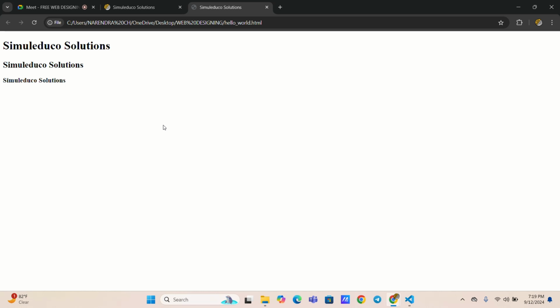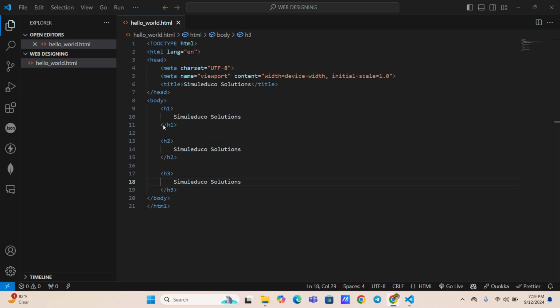This number is increasing, right? That doesn't mean that the size of the text should increase. H1 means larger text, H2 means a little bit smaller than H1, H3 means a little bit smaller than H2, H4 means a little bit smaller than H3, like that. Okay, so let's write all the 6 tags: